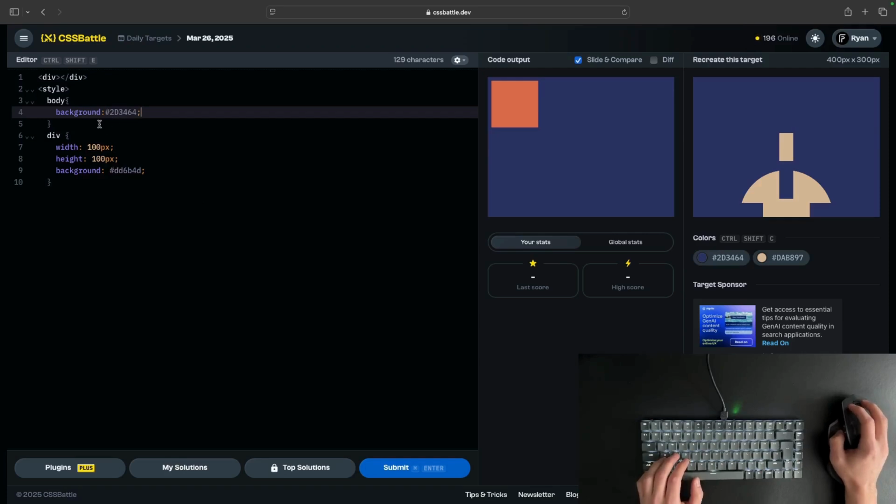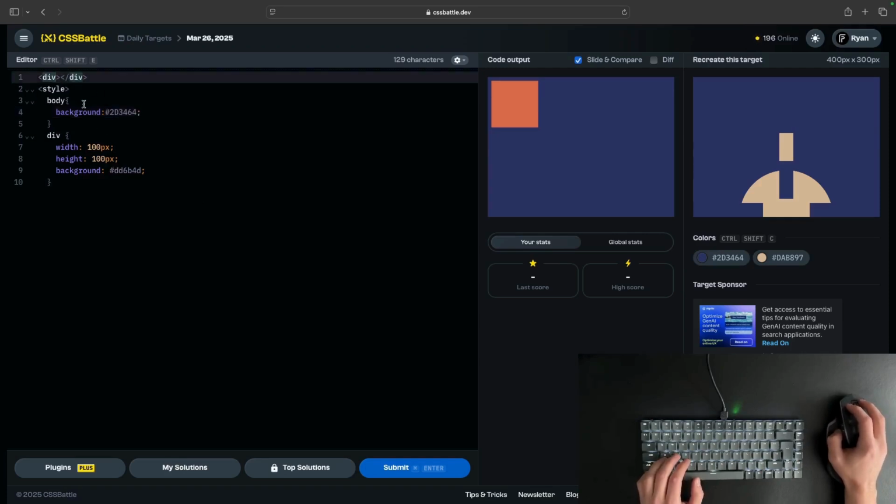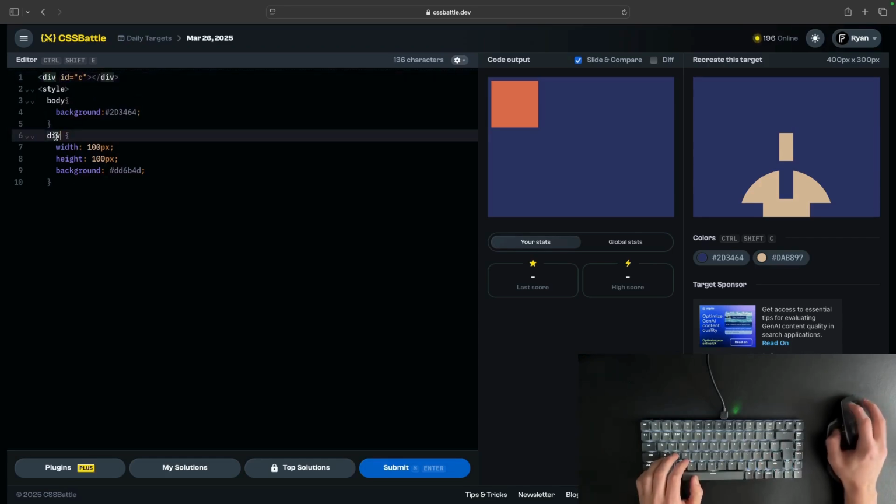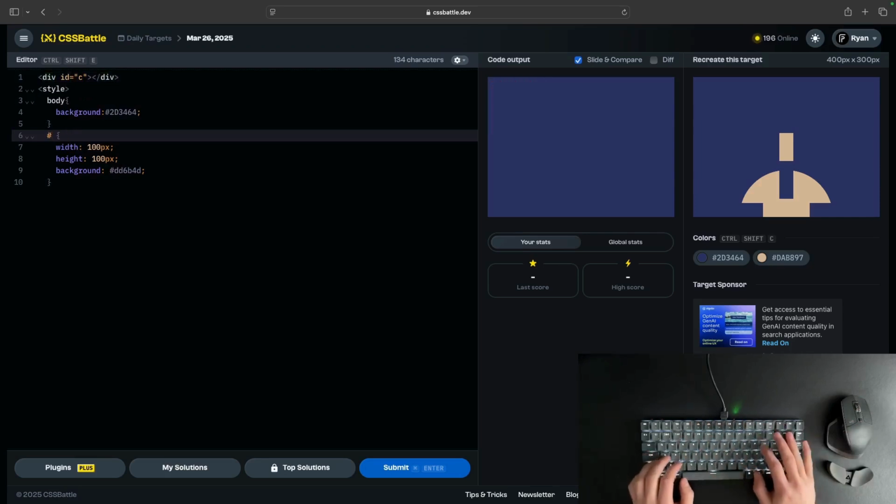and then I think I might just go ahead and create a standard circle here. So let's give this an ID of C, and then we can target C,